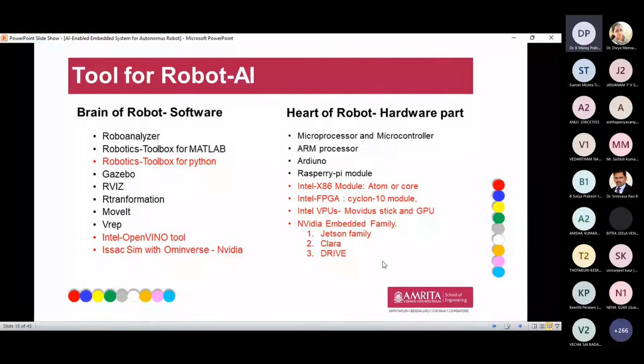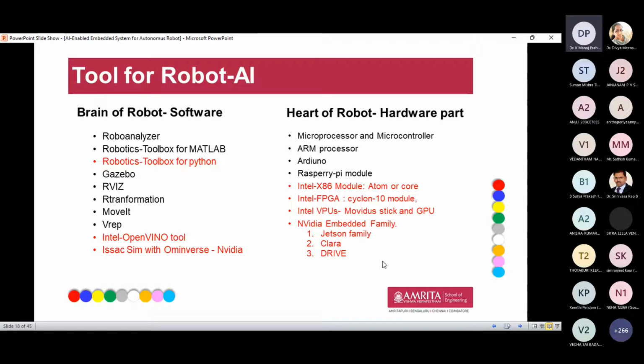And we can only implement the computation part and machine learning part in these models, not deep learning techniques. To improve that, companies like Intel and Nvidia developed different embedded boards. From Intel we have the x86 model. Nowadays they use Atom or Core for designing robots that do big actions, like a cobot for manufacturing cars.